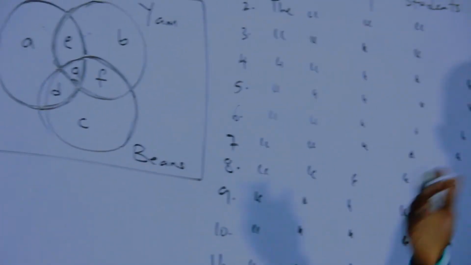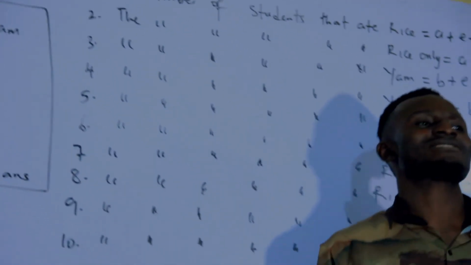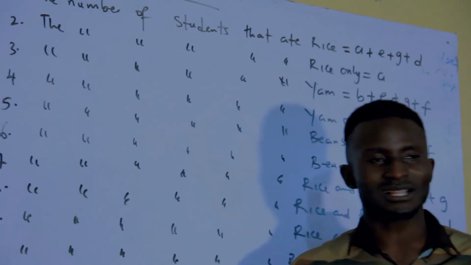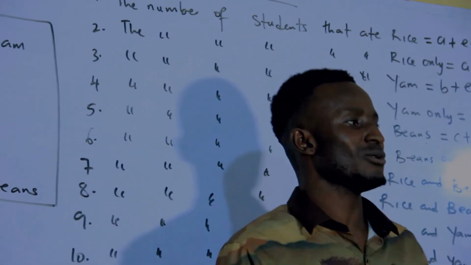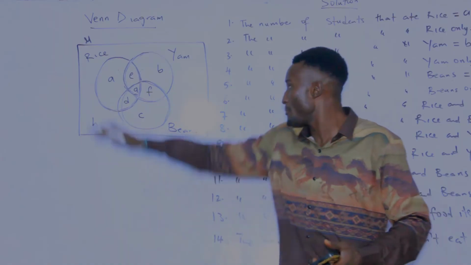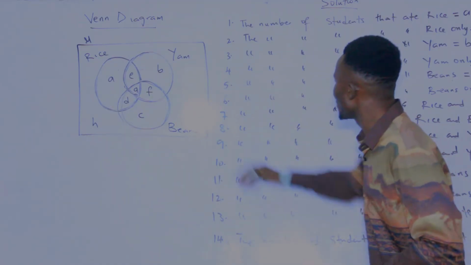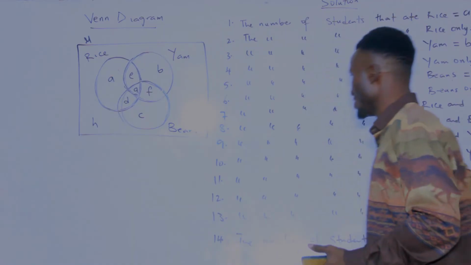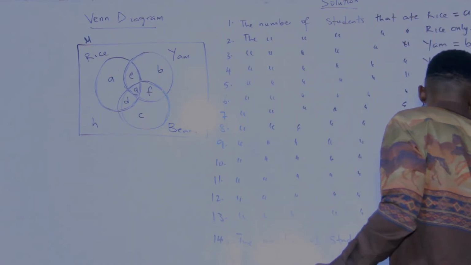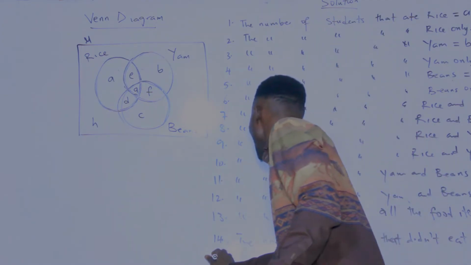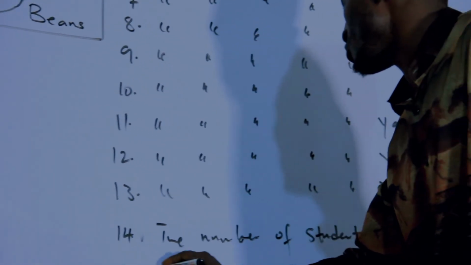Now, maybe they are a set of people that also went to the party, but they don't eat. They just come back like that. So they are also part of those that went for the party, but they don't participate in this. So they don't belong to the circle. They will still be inside this rectangle, but they will not be inside the circle. And those are what? H. Now they can ask you, what is the number of students